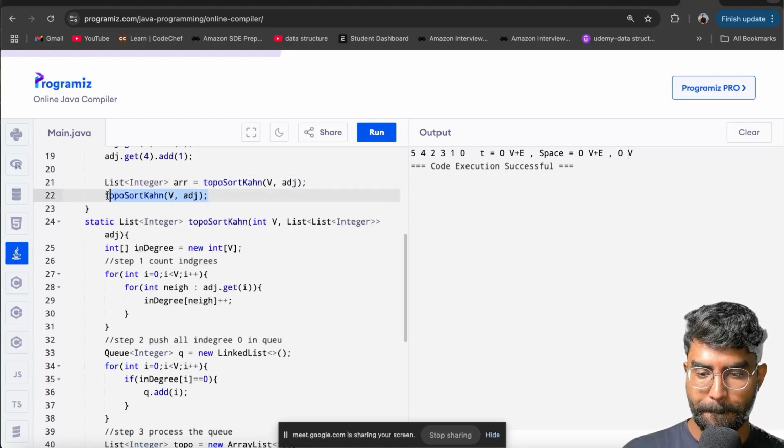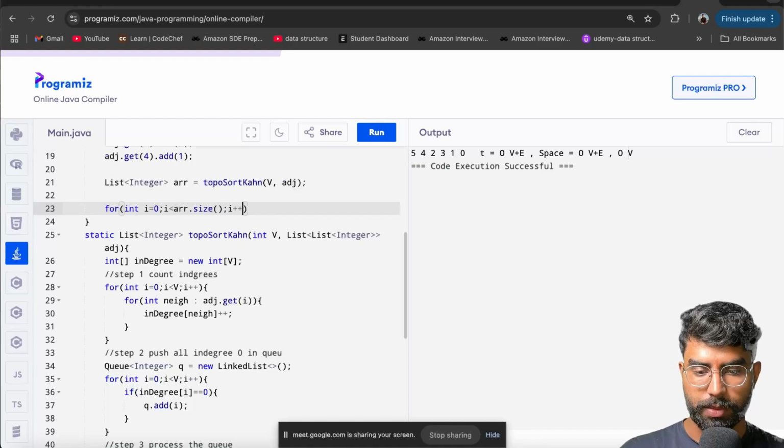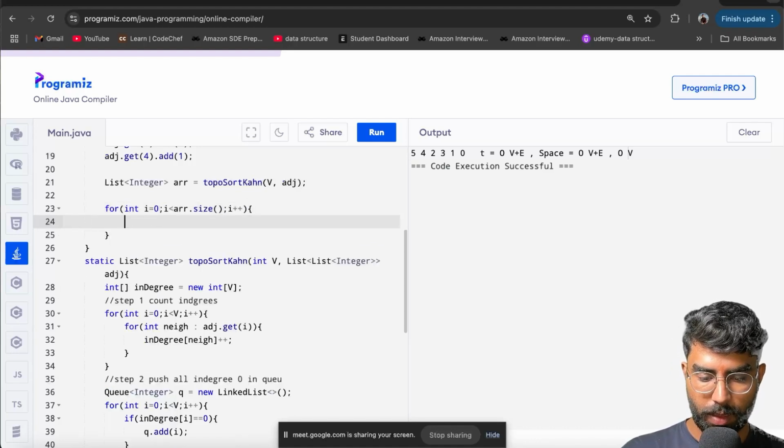Okay, and then we will simply print it: int i equal to 0, i less than arr dot size, i plus plus. System dot out dot println arr dot get i. Okay,